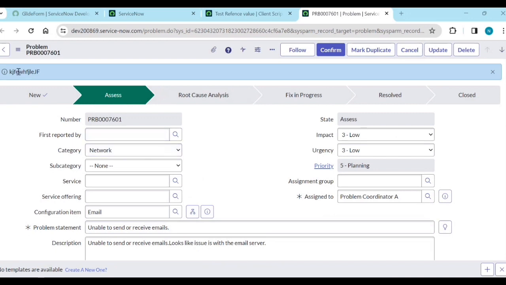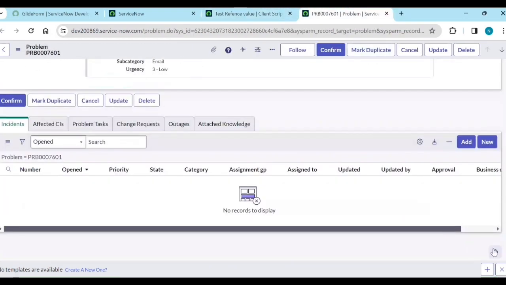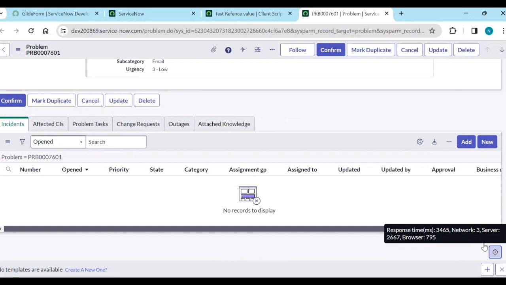Okay, so the info message will be added to the form here, like something like this. Also, when the form runs, you can check the response time. If you click on this one, you can see the browser timing, so how long it is running. You can see it from here. And if you click this one,